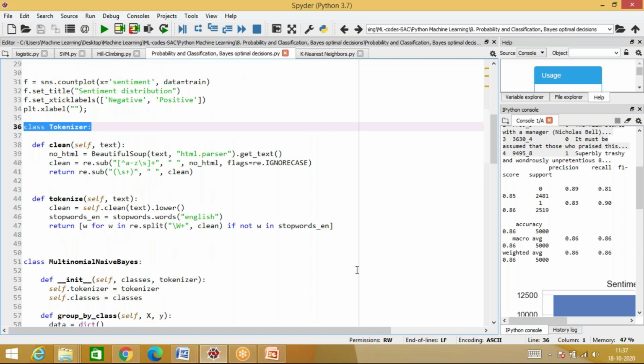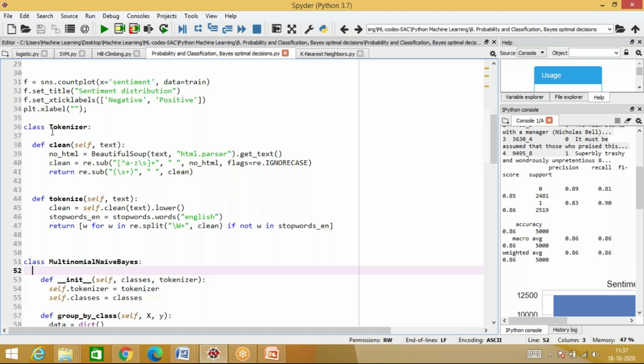This class Tokenizer will do two things for you. Whatever data you pass, one, it will clean that data. When I say clean that data, it means it will remove all the stop words. It will remove anything additional. If you have commas and full stops and question marks, it will remove all those things. And second is tokenize. What tokenize will do is take that data, convert it into a list of words, and that is what it will return.